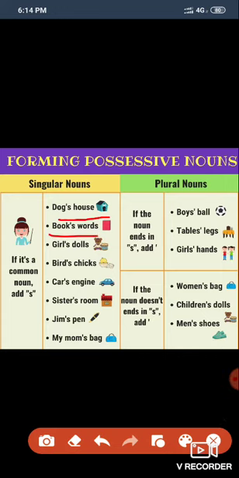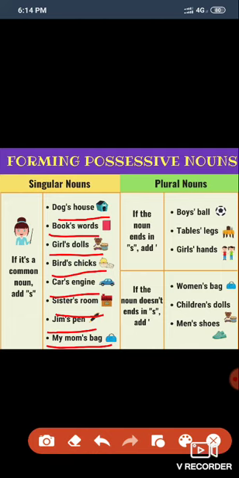Then books, words, girls, dolls, birds, chicks, cars, engine, sister's room. Here this shows that something belongs to someone. The room belongs to the sister. The pen belongs to Jim, that is Jim's pen. My mom's bag means the bag belongs to mom. So we write my mom's bag.